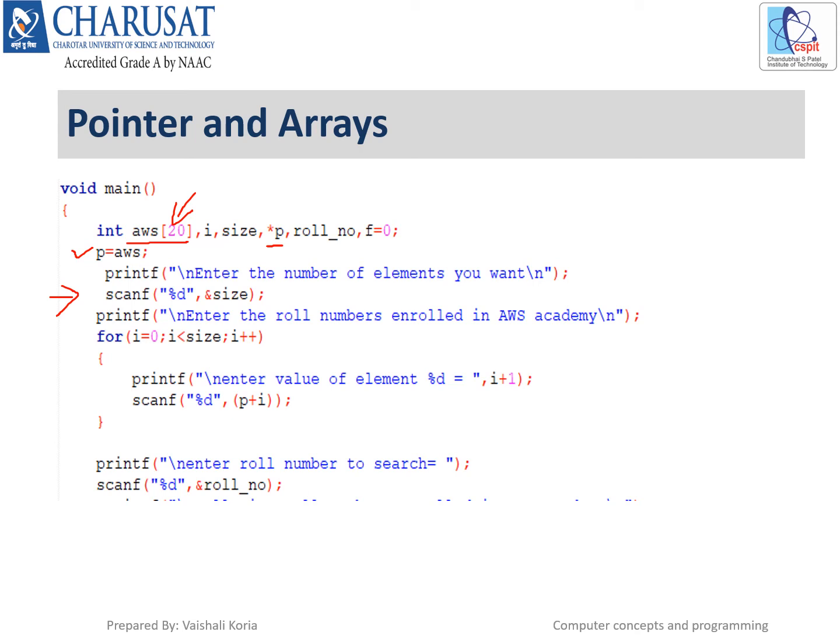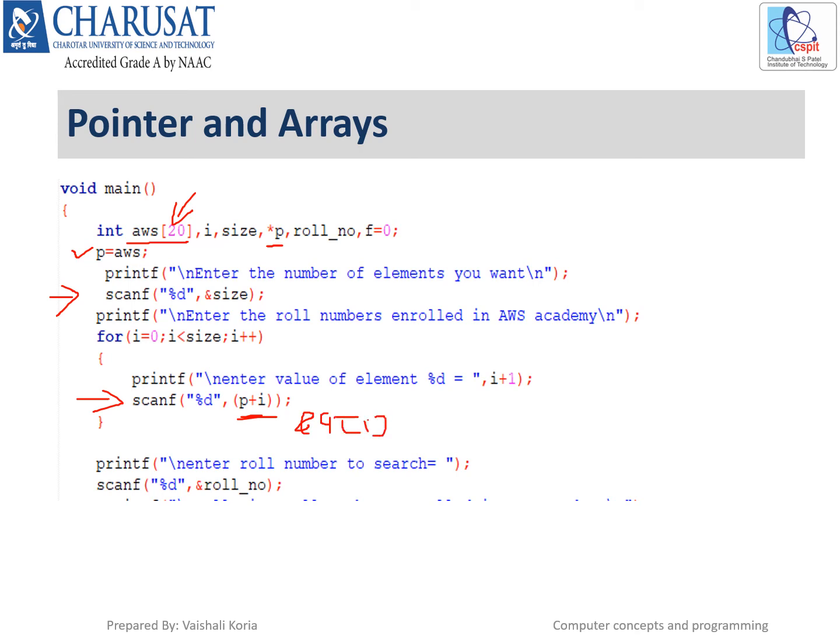Now we have the declarations. We know what we have to do in this program. We have declared the array and we have declared the pointer in which we can store all the information, but what is the actual data? What is the actual input? For that we have to take the values in this AWS array. For taking the input values from the user, we have to use the scanf function. As we discussed in the previous slides, if we write p plus I, that means we can access the A of I.